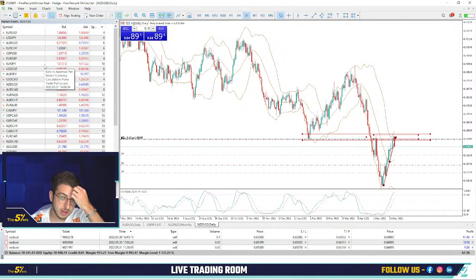The only thing that pushed me to make the trades on the New Zealand dollar was especially this breakout and retest of that point. For the pound dollar, it's quite different, as you will see in a minute.